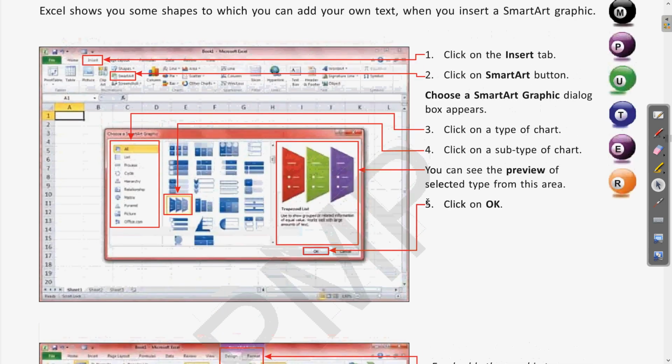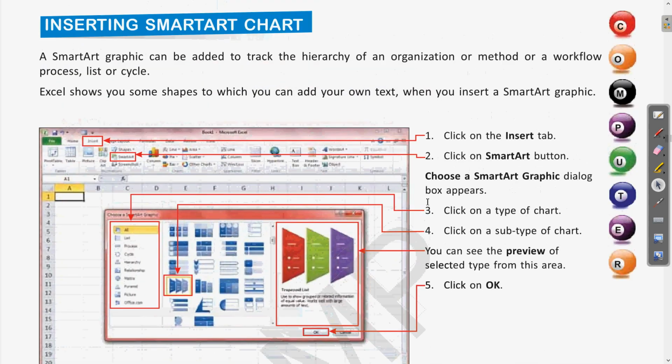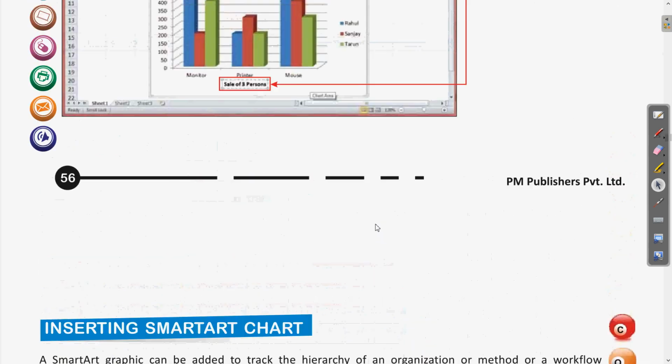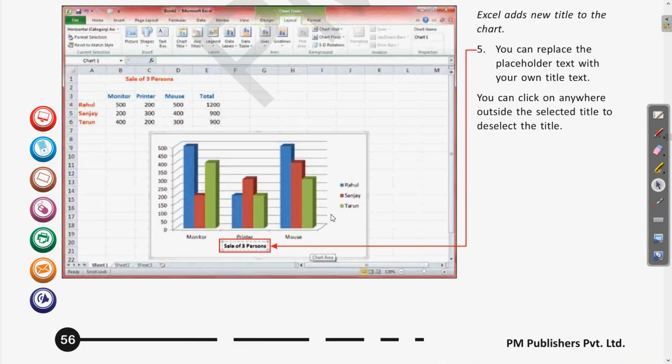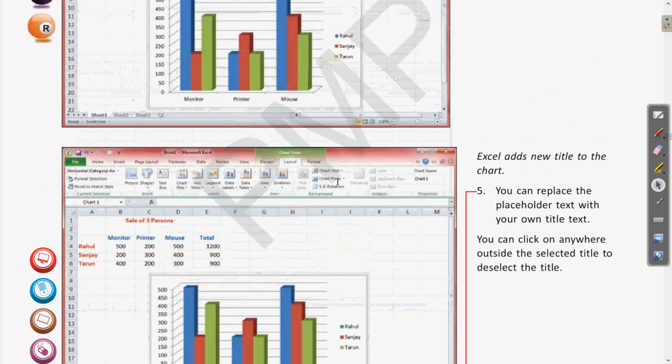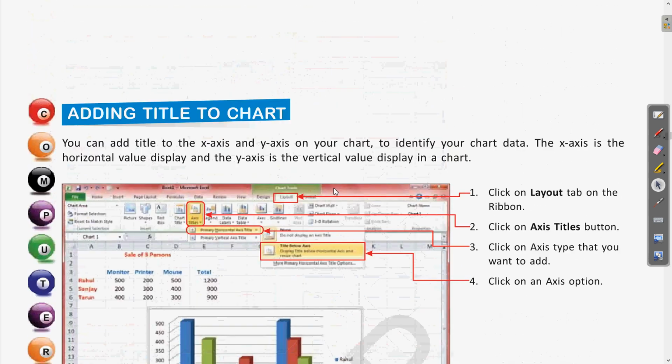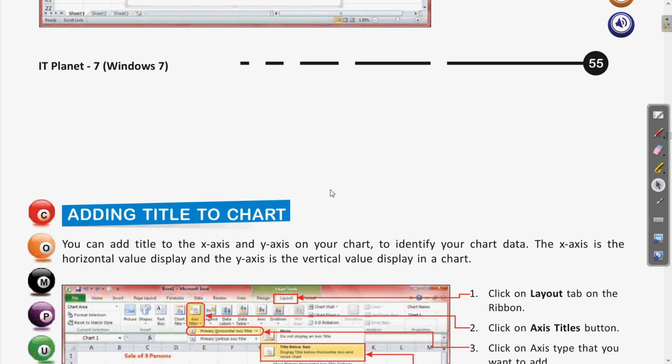Today we have seen how to insert a smart art chart, how to modify things, how to add titles on the x axis and y axis, or the chart title if you want to write a header for the chart, and other things like changing the style and layout of the chart. All this we have gone through.